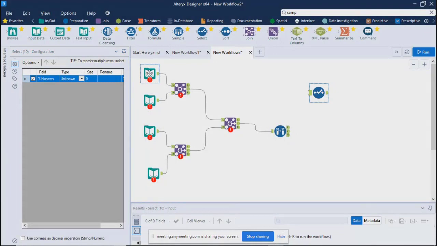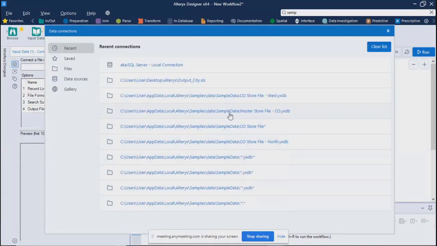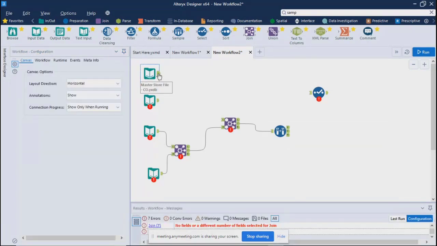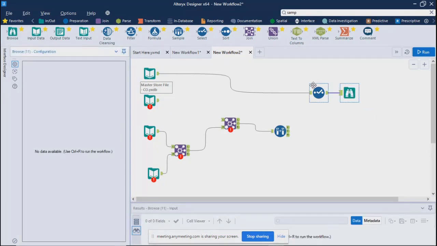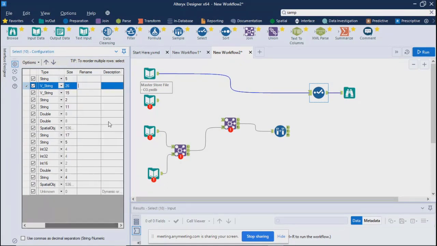Let me just connect some data over here. So over here you can see these are the fields coming from your input data set. And over here you have all types of different data types. You can change these data types. Then you have size, you can change the size, and you can change the description over here.